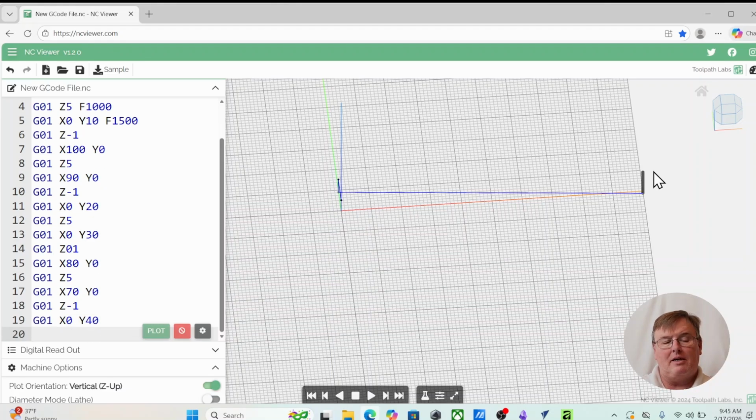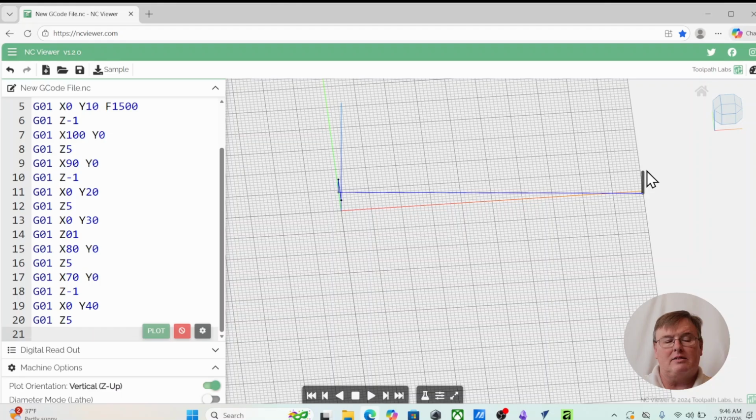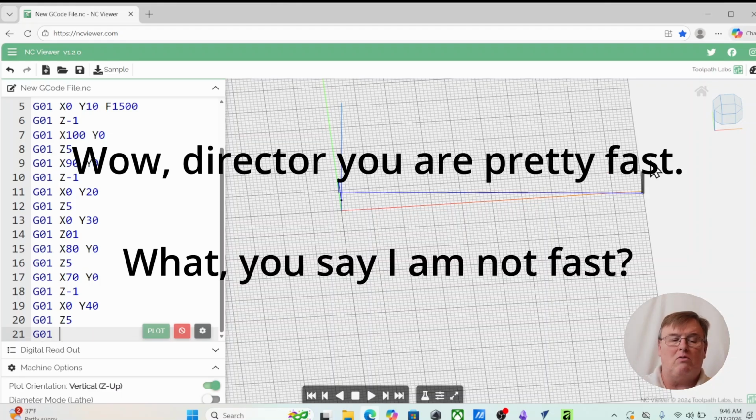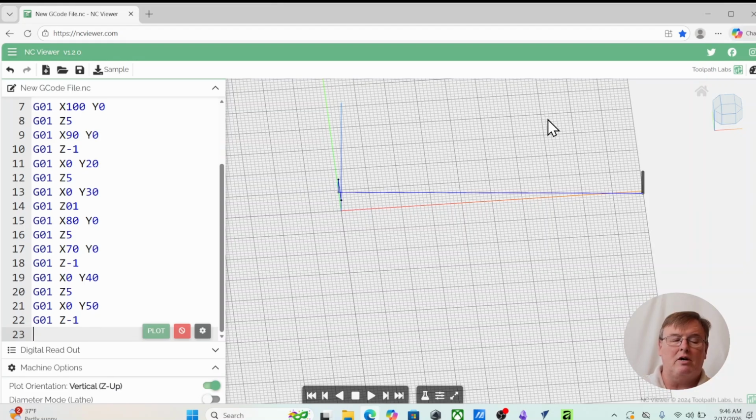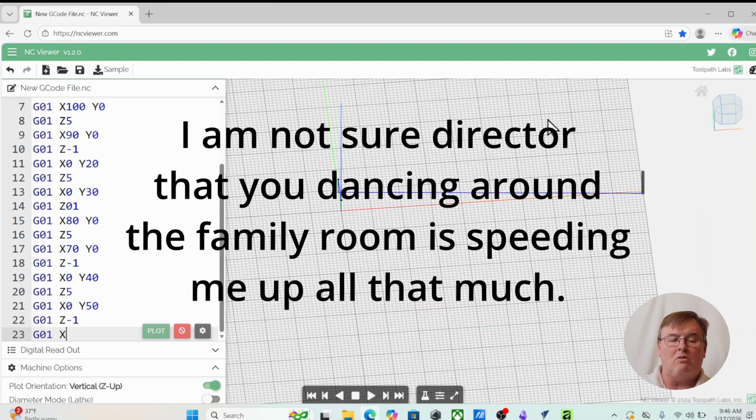Let's raise our bit, G01, Z5. Let's move G01, X0, Y50. Let's lower our bit, G01, Z-1. Let's draw our next line, G01,